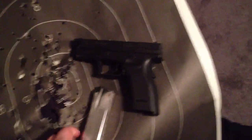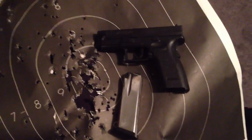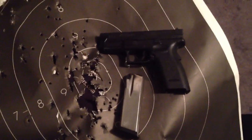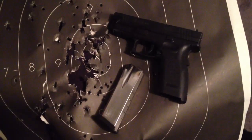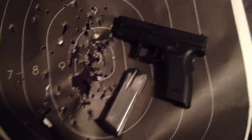I do carry it in the waistband. I do have a Serpa holster, which is a retention 2 holster. I do wear it in the winter time. Summertime it's a little big and too bulky unless you're going to be open carrying, which is legal here in Delaware. Like I said, I've got thousands of rounds through it and I've had one issue with it whatsoever, and I can attribute that to the ammo that I was shooting. Never shot it before, so